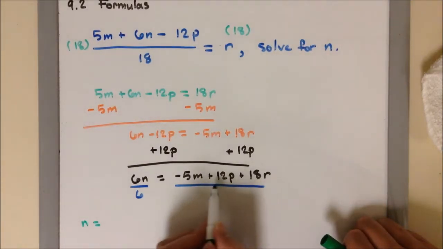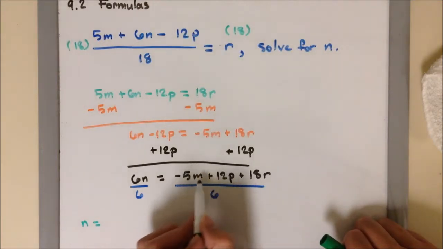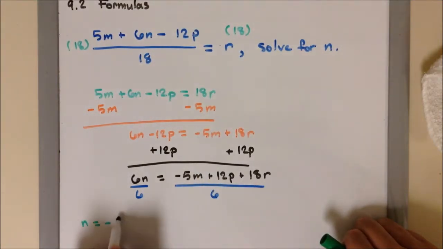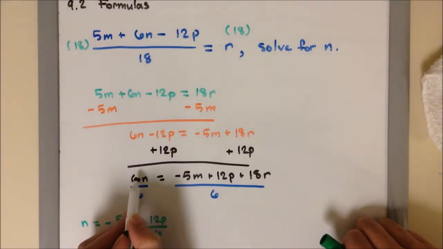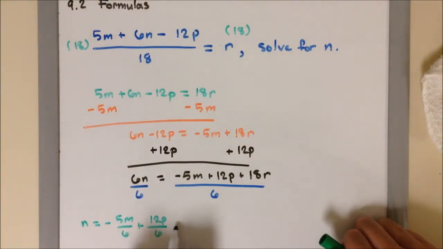So again, I'm going to split into three fractions because we have three parts. So negative 5m over 6 plus 12p over 6. And again, I'm dividing by positive 6 because that's what we have in front of n, a positive 6. And then plus